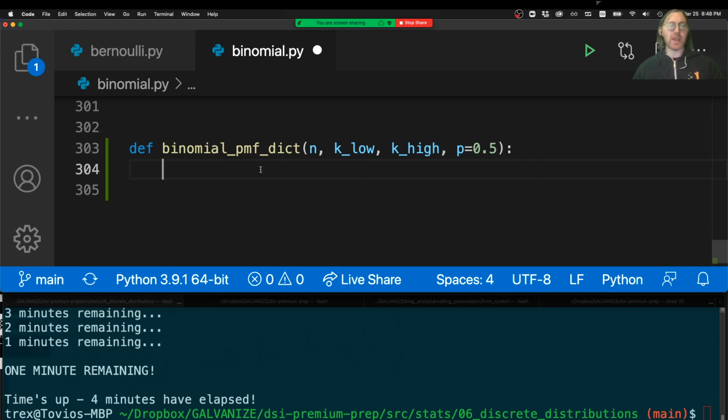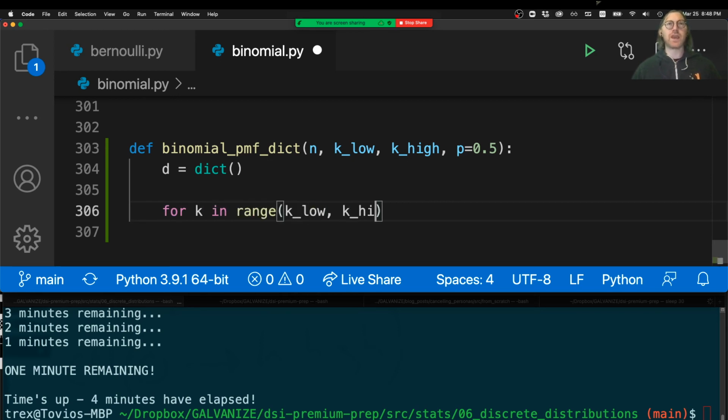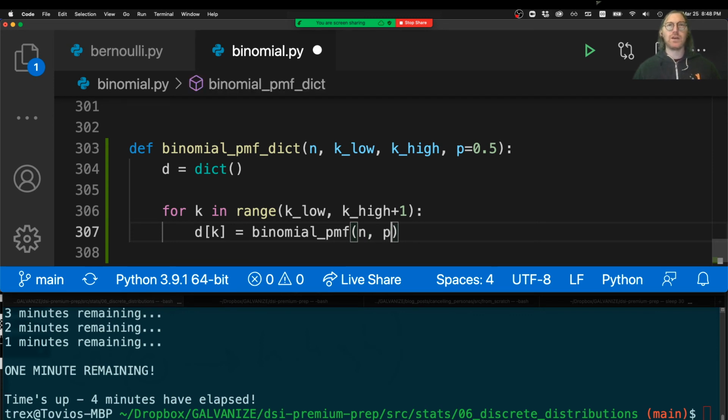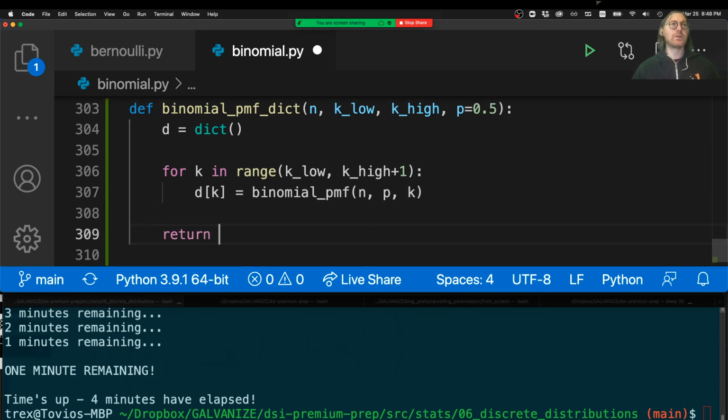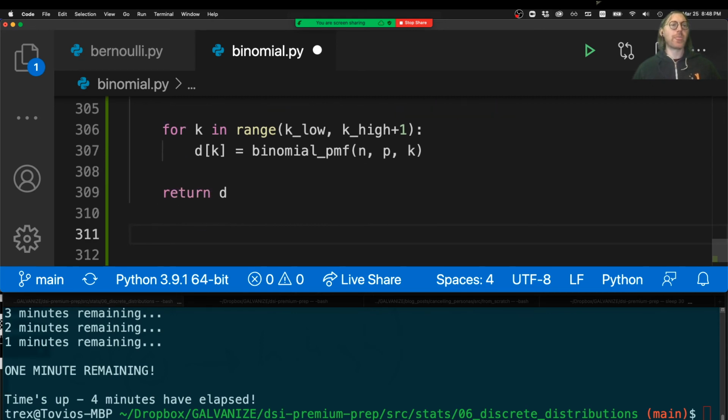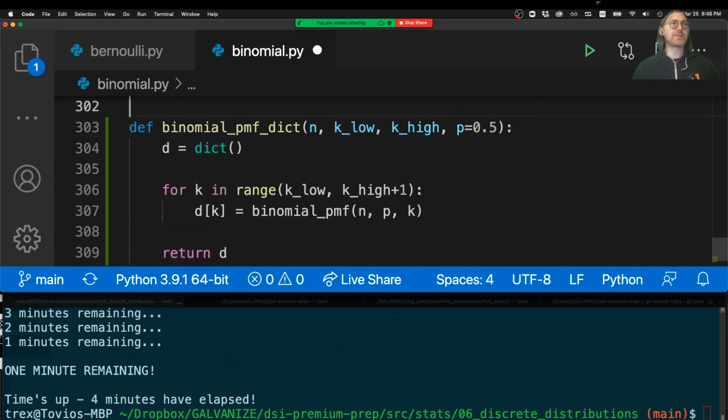So we can just make a collector dictionary and say for k in range from k low, which will be included, to k high, which will be included, d sub k gets the binomial PMF of n, k, and p, except it's n, p, and k, and we return that dictionary. And so if I call this,